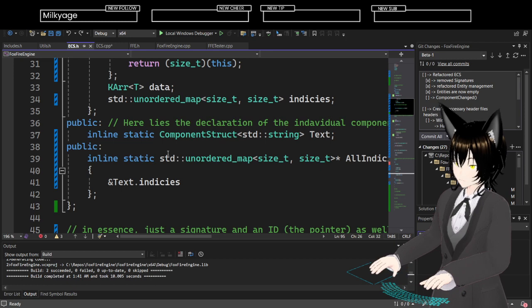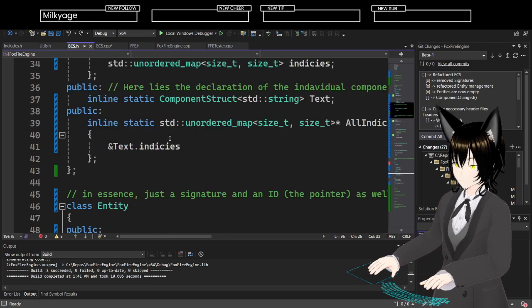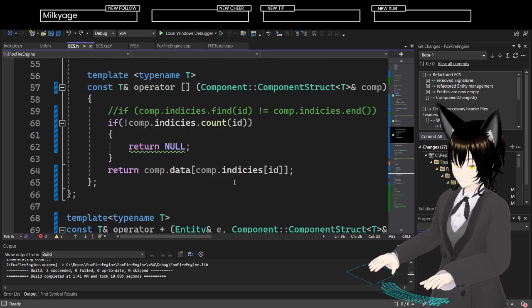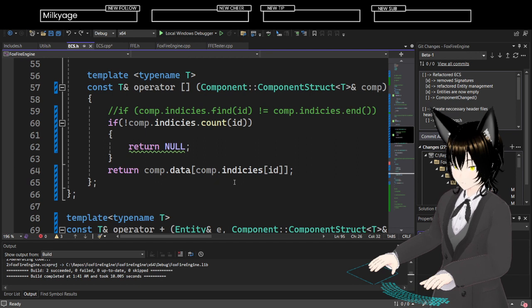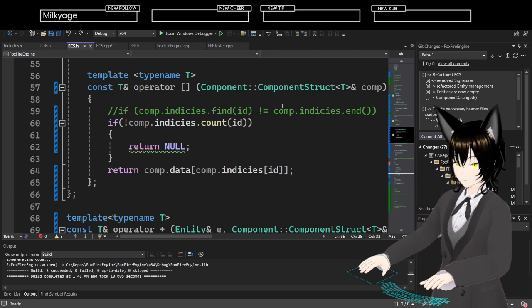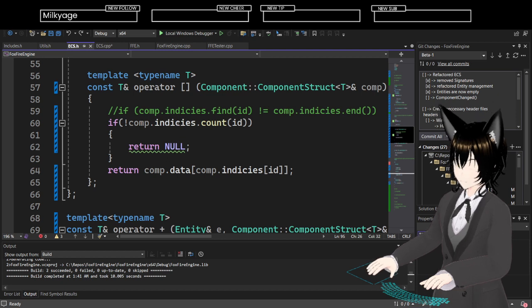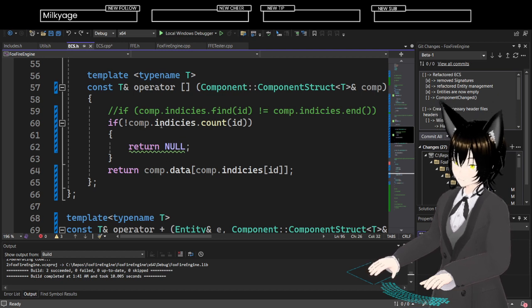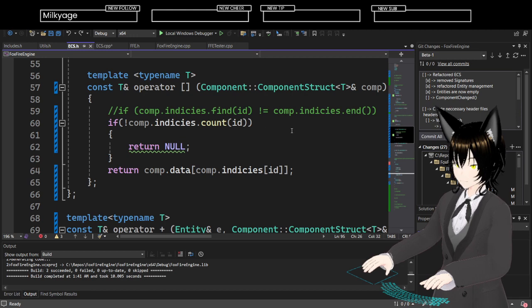What happens? Okay, so entity. I need to find if the component contains the entity, the indice. Right?